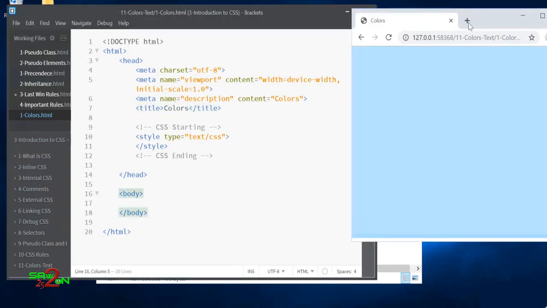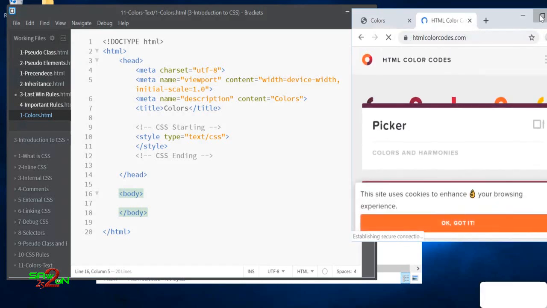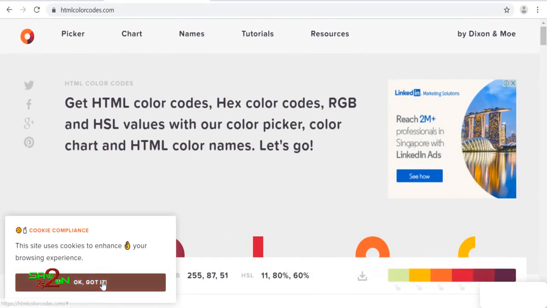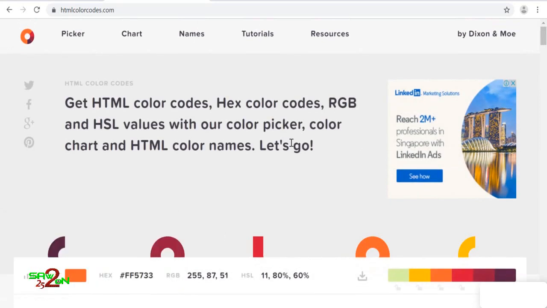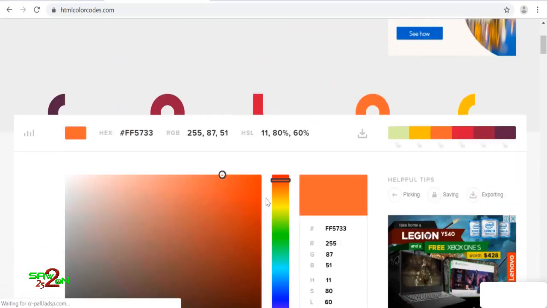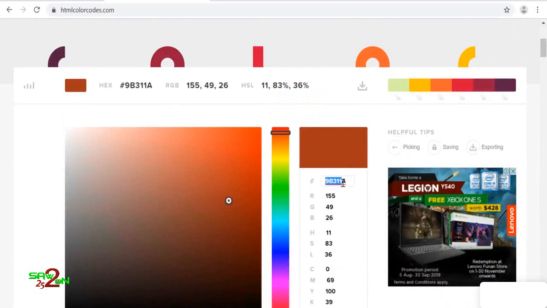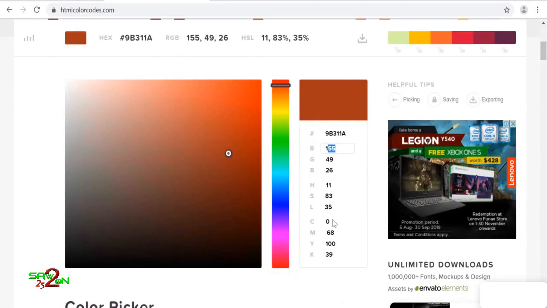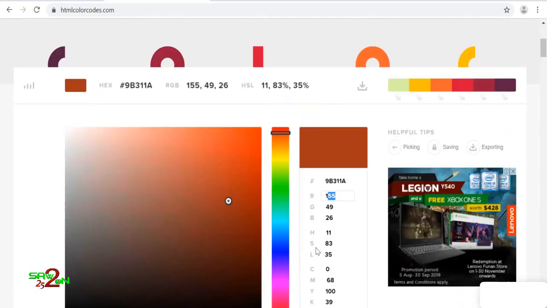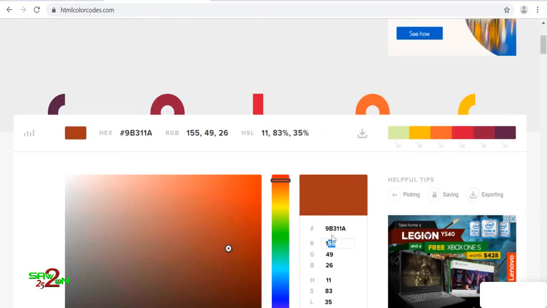So let's understand, when you deal with colors, you can go to this site, htmlcolorcodes.com. Let me open this up, and this will tell you the different types of color coding that you have. You have hexa, RGB and HSL. You can choose any color you want, right? And it will give you the hash and RGB or HSL or CMYK. And you can see how you can apply this onto the web page. You can take this hexadecimal value or an RGB value and see how you can apply this onto your